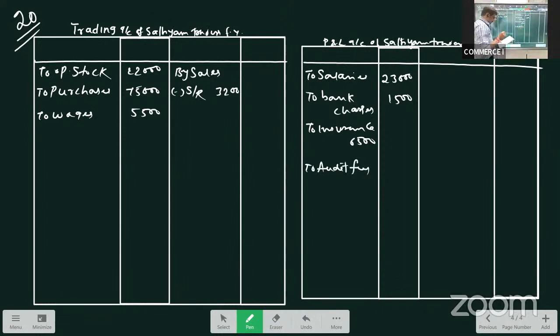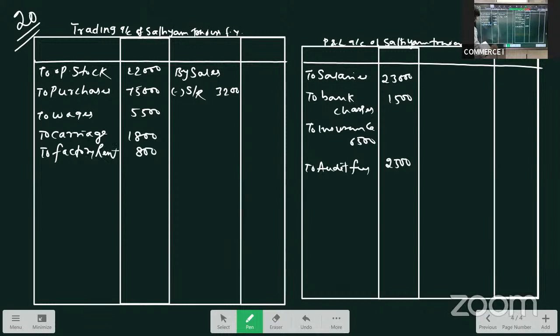Audit fees I told you once. That is the amount paid to the auditor of the books. Then carriage, if only carriage is given, we take it to trading account as carriage on purchases. Carriage is given as 1,800. Then factory rent, any expense related to factory goes to trading account,